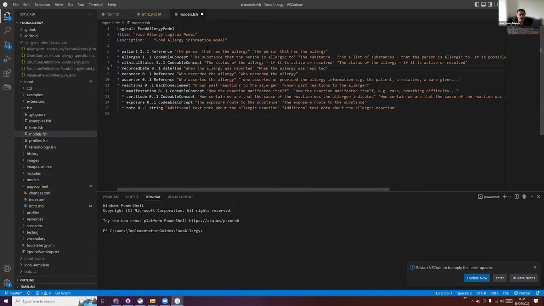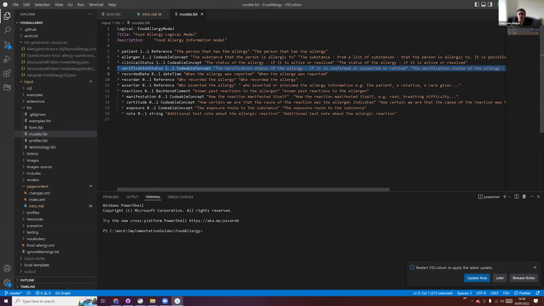We need to have the fact that whether this allergy is verified or not, because sometimes we think that people are allergic to something, but it was not confirmed, or there was just another cause for that. And then a very important point here is that you build these models starting first and foremost by your business requirements. So capture what the users say they want,